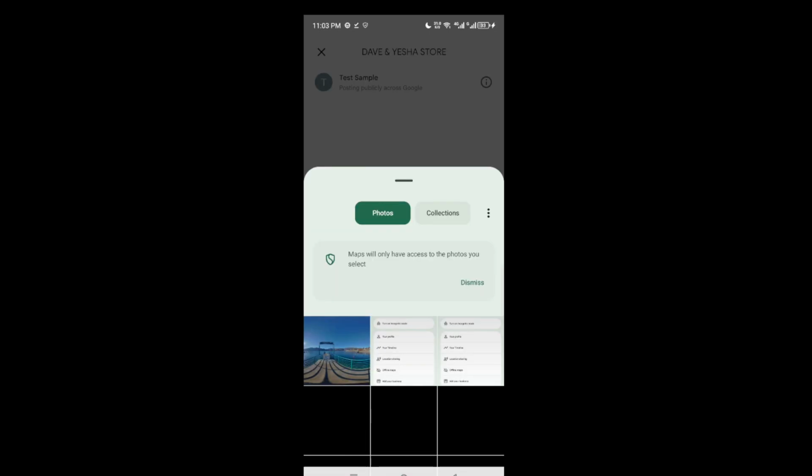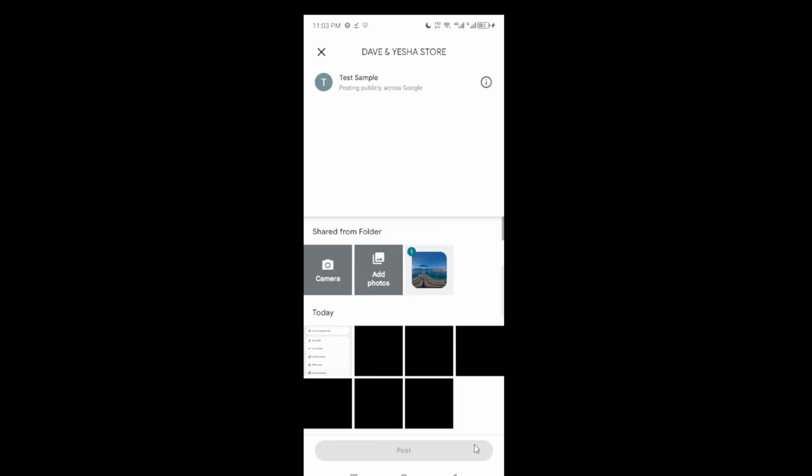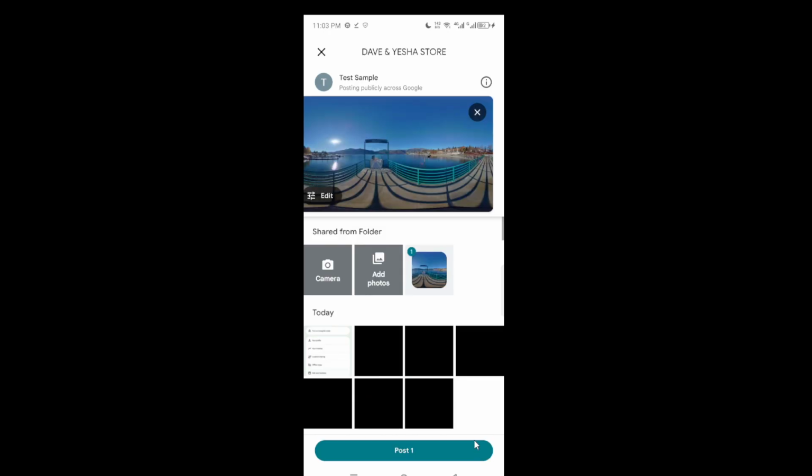If you're prompted to pick between camera and gallery, choose your gallery so you can select the 360 image you prepared earlier. Now select your 360 photo from your gallery and tap Add or Post to upload it. Google Maps will recognize the spherical format and handle the projection so viewers can pan around. If you see an option to add a brief description, keep it factual and relevant to the place.